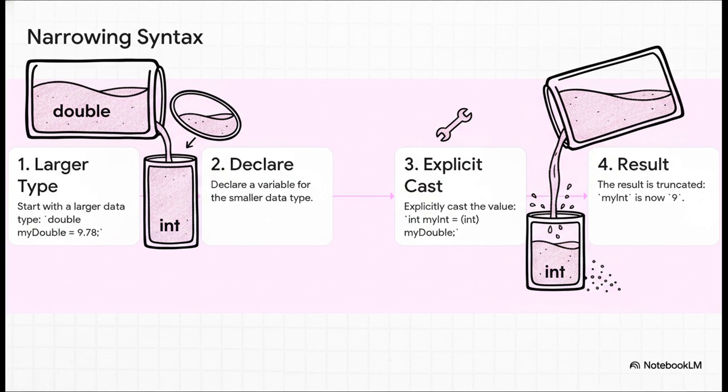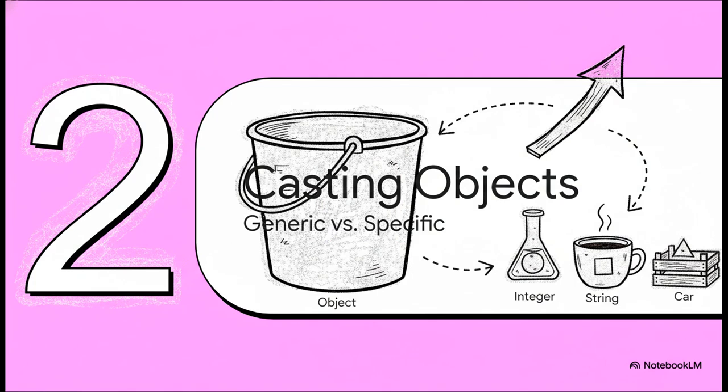You do that by putting the target type, int in this case, in parentheses right before the variable. And what happens? Well, the 0.78 gets chopped off. It's gone. The cast works, but you've accepted that loss of precision. Okay, casting numbers is one thing, but this whole idea gets way more interesting and powerful when we start talking